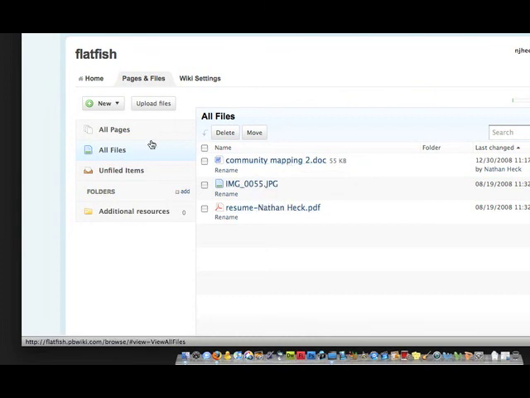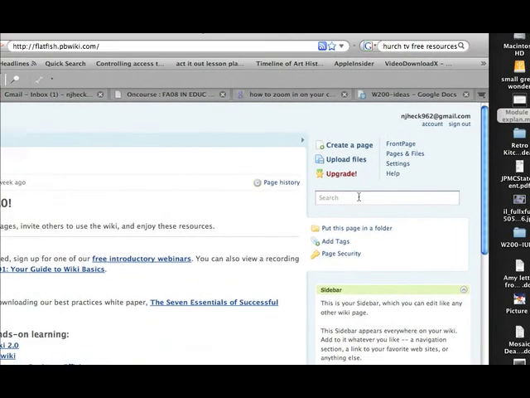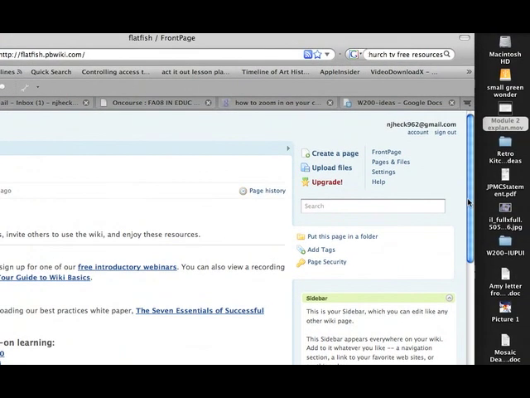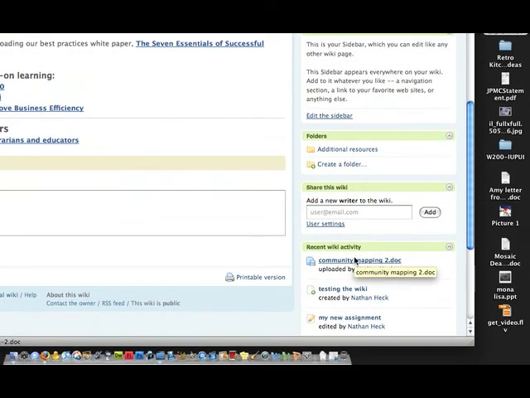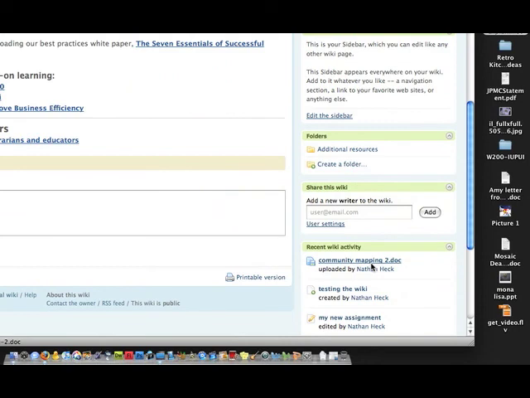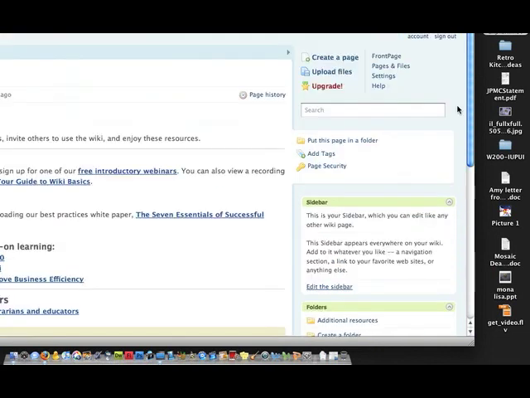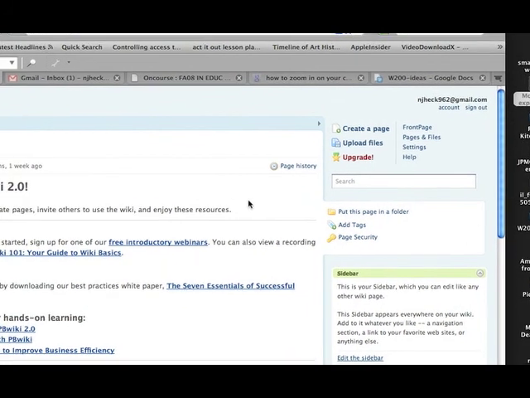Now, if I come back here and I click on my home button, and I go over here to the right hand side, you see right here where it just said in my recent activity, community mapping to document. Now, when you upload, let's say, your Word document that you're going to create your 6 to 8 paragraph on, when I log on, this is the first place I'll be looking for to see where that document is. And it's really just as simple as that. And that's where you're going to also, of course, look